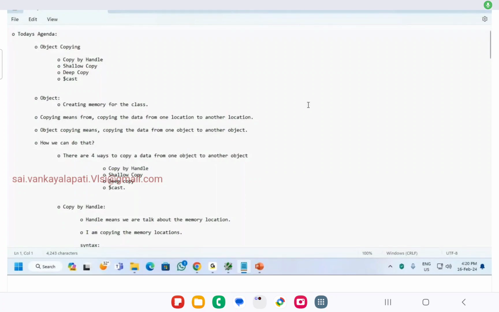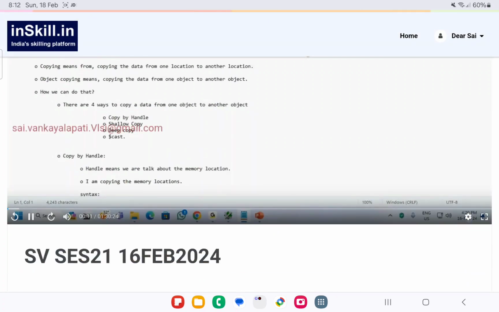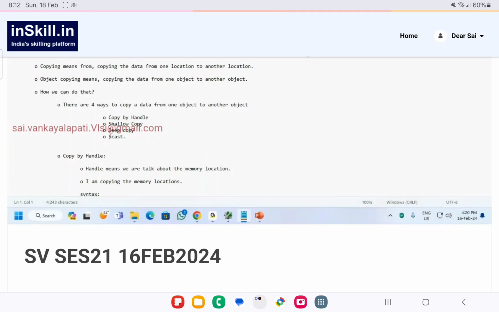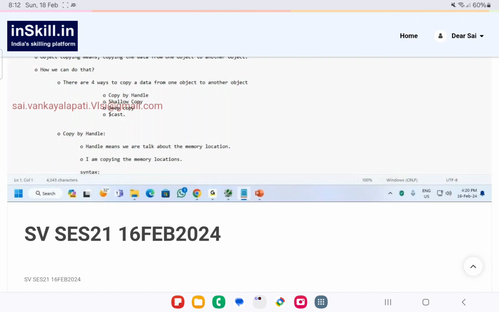Let's see the quick recap. Yesterday we covered object copying. We have seen three types in object copying: copy by handle, shallow copy, and deep copy. So we have gone through the copy by handle. That means it is the